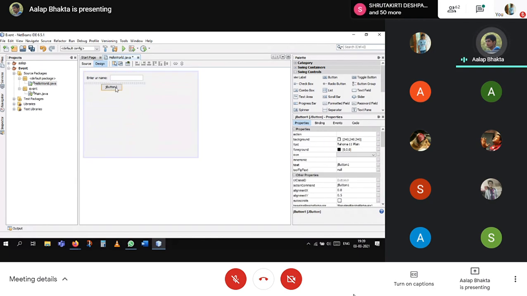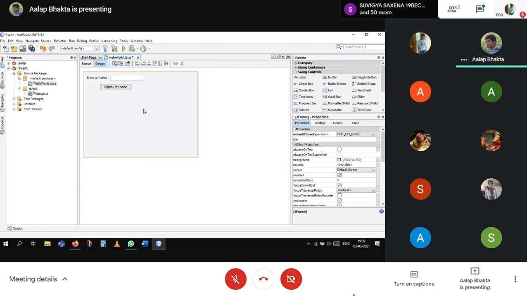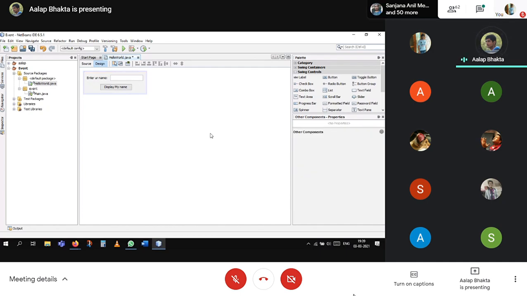And for creating this button, I'll set the text to display my name. So this is the main basic frame. I just adjusted the frame size over here. Now, I mentioned the events.